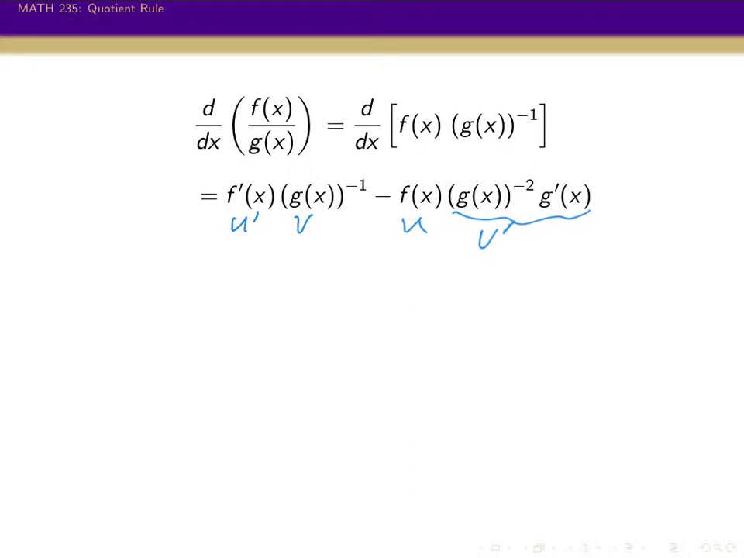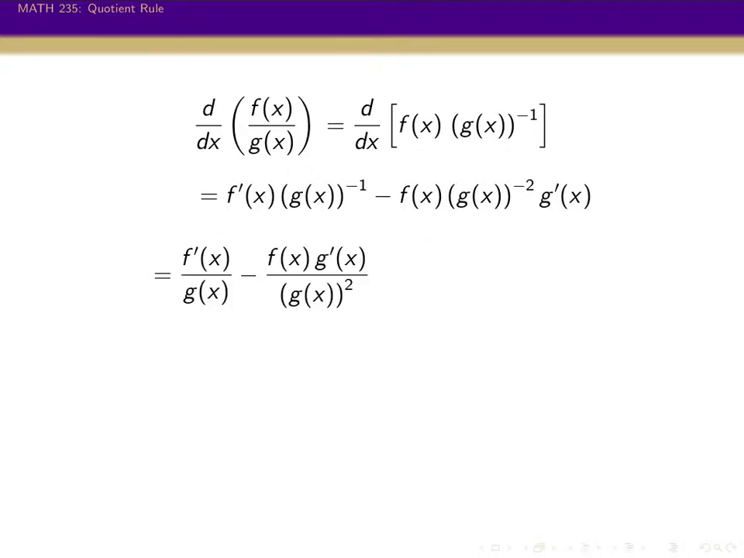And so we can convert these back into fractions. So let's do that. So f prime of x over g of x minus f of x times g prime of x over g of x squared. And so this is a perfectly fine way of thinking about the quotient rule. But usually, since the denominators are g of x and g of x squared, we actually can combine it into a single